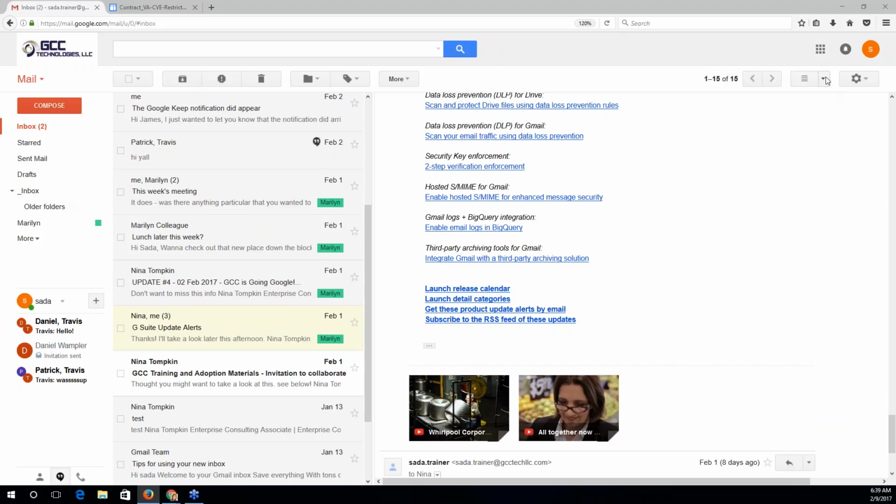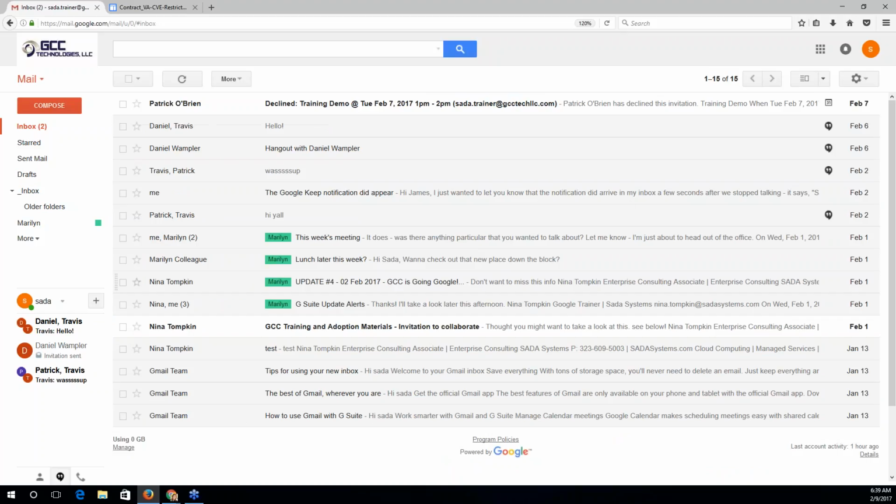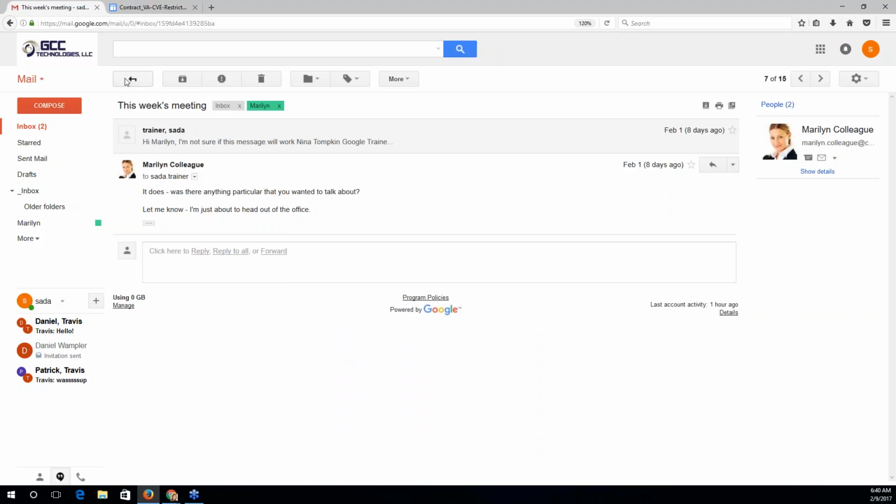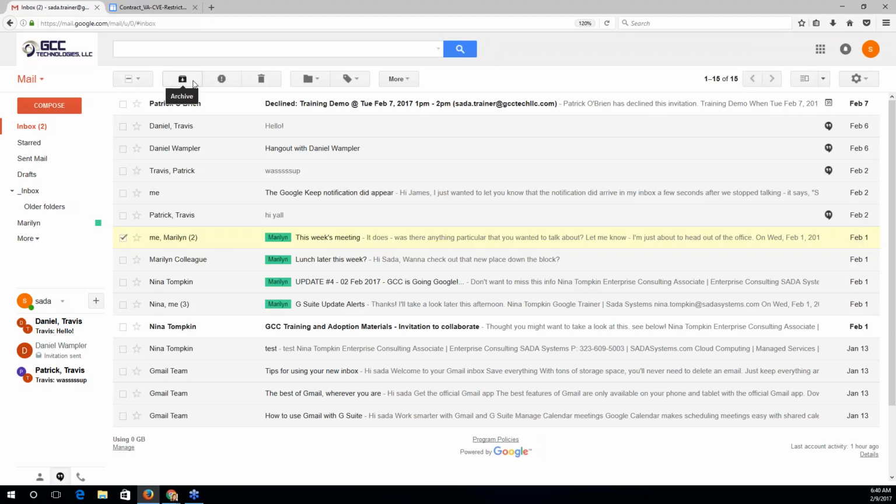Otherwise, looks like there are no questions, so I will just turn off the preview pane for the time being so we can see a bit more space in our inbox. And let's talk about your options for organizing in Gmail. First of all, in order to get to your organizing options, you can either check a box next to a message of your choice in your inbox, or you can be reading a message. Either way, what you're keeping your eyes peeled for is this toolbar to appear at the top. And these are all your options for organizing mail.